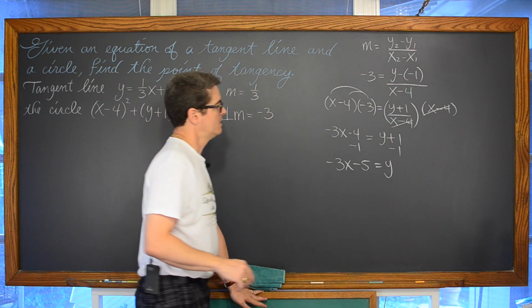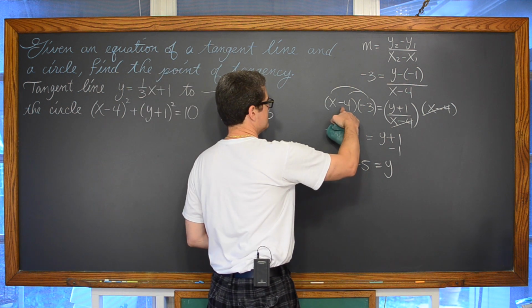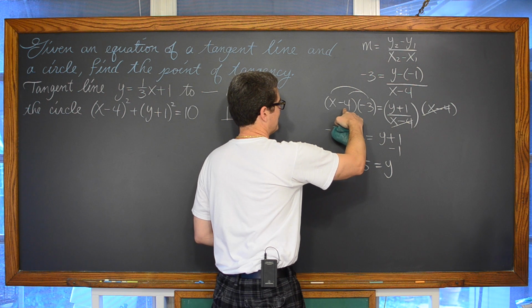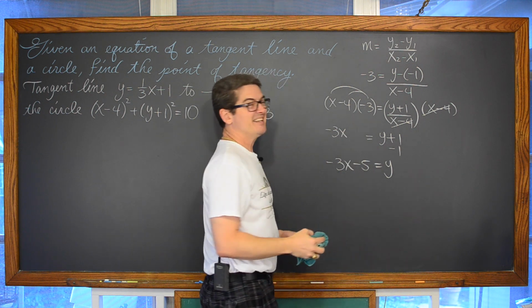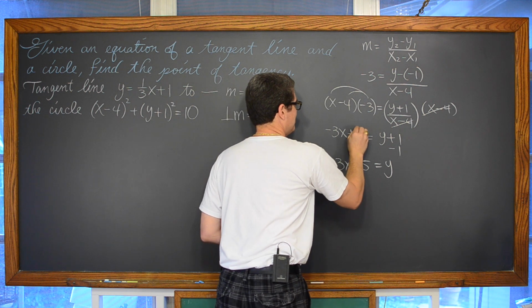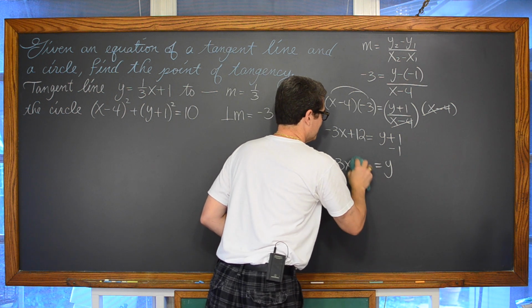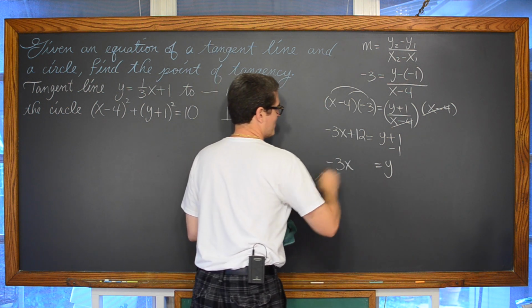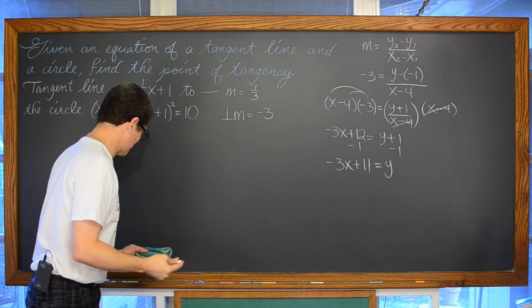Oh, well, how long have you been trying to tell me to stop doing this lesson because I've made a mistake? Isn't negative 4 times negative 3 positive 12? Yes, it is. That's what happens. That's why you need to not talk while you're doing your homework and pay attention to what you're doing because you make silly mistakes like that. So when we minus 1 from both sides, we're going to have 3x plus 11. Okay, so I'm not going to reshoot this scene after all.